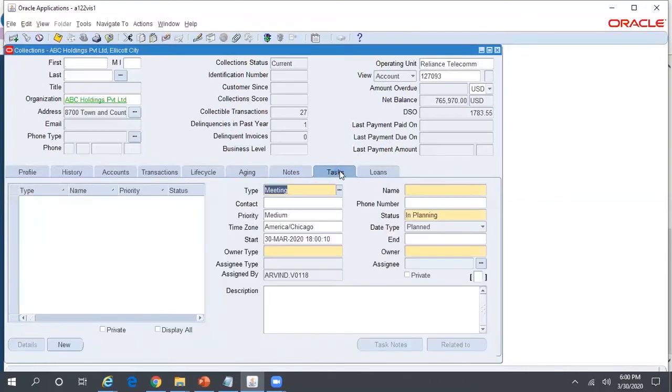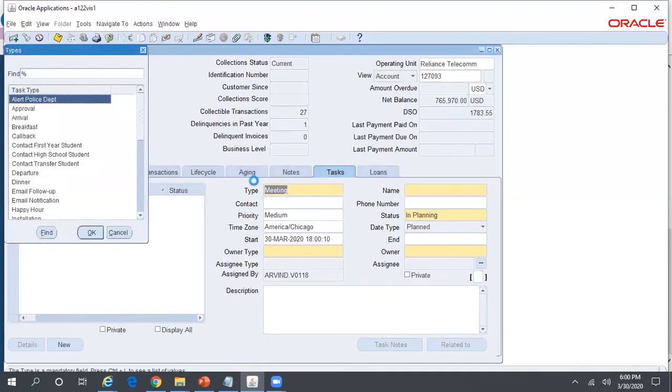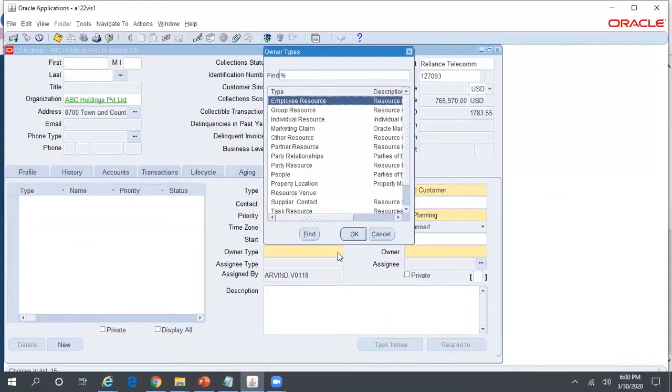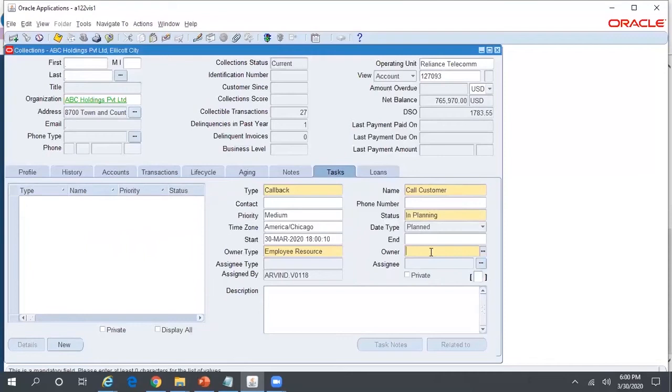Next is task. So a task is something like an activity which needs to be performed by a collector. Here you can create a task and assign it to the collector. Let us assume I create a task saying I need to call the customer on such and such date. So I say type as callback and name call customer, owner type, employee resource, and who is the owner, Arvind.